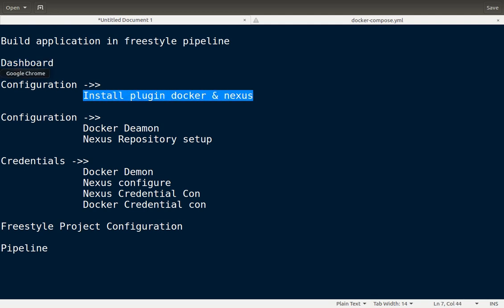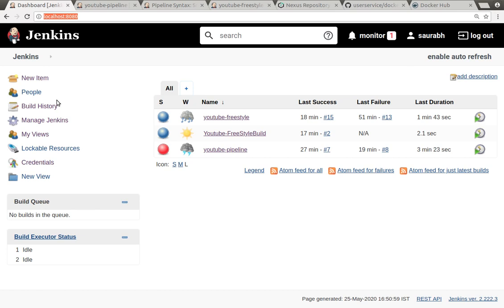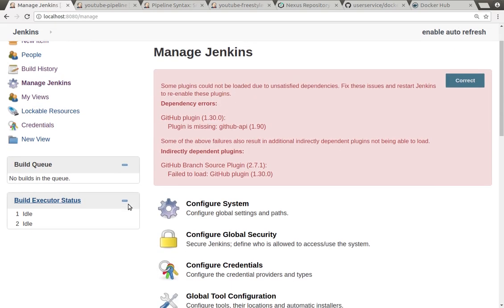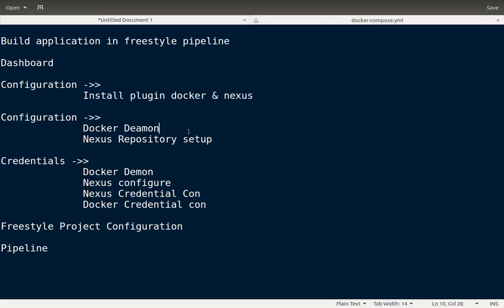If you go into the Jenkins dashboard, you can configure the plugins by going into the Manage Jenkins link. If you are an admin user, then only you can see this Manage Jenkins link. If you are a normal user without the permission of configuring this application, you will not be able to see this Manage Jenkins option. So if you go inside Manage Jenkins, the things we need for this example I have listed out here.